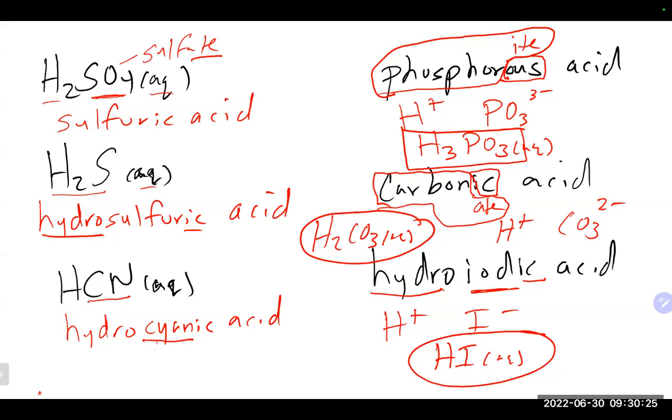Nice thing about bases is bases are typically things that make hydroxide, and frankly, they're just named like